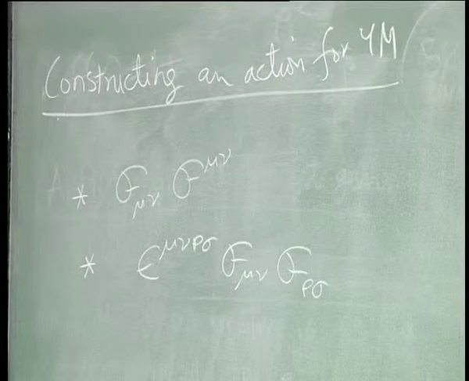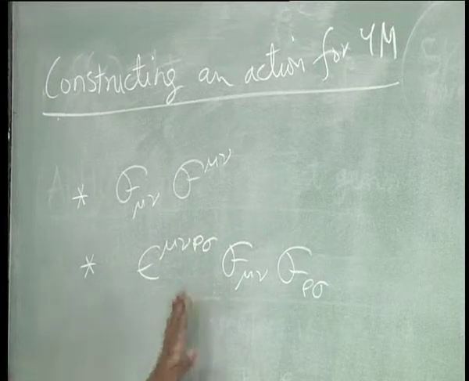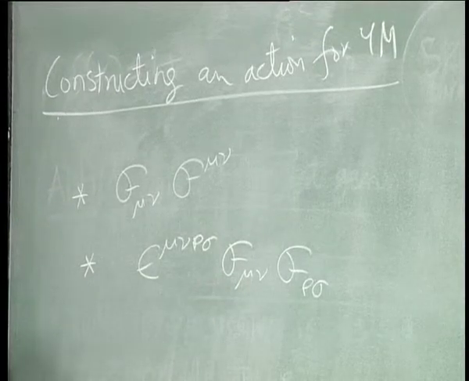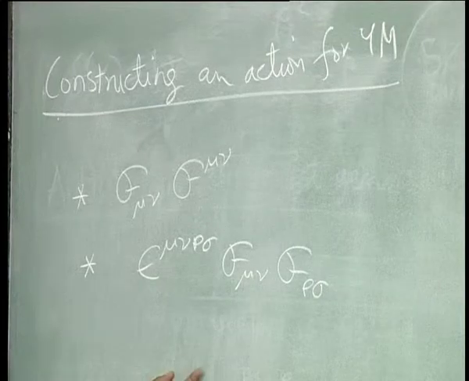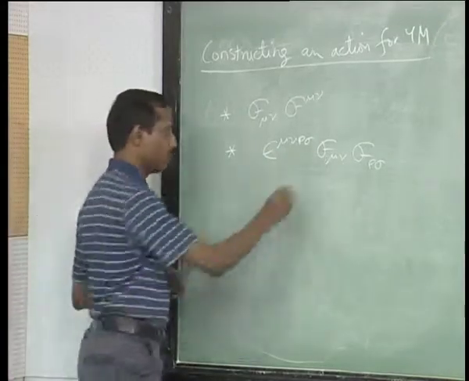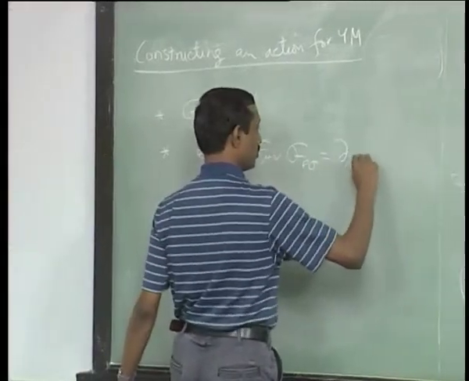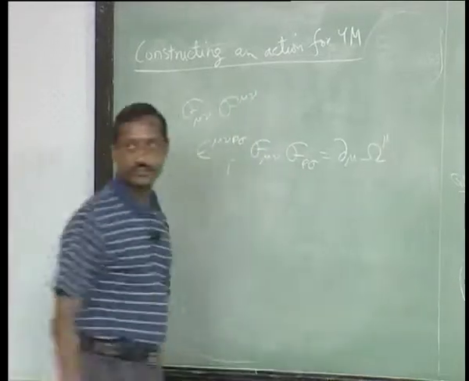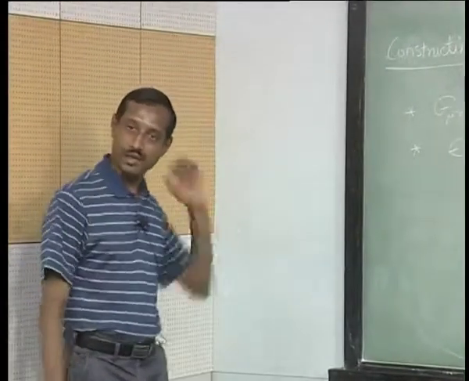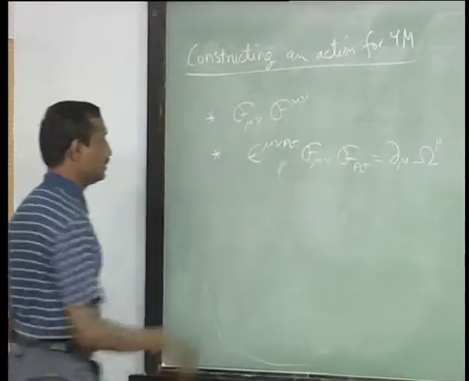and the argument will be that this is a total derivative, and so it usually you say that it does not change the equations of motion, it does not affect the equations of motion. So you can add such a piece, it will not change the equations of motion. So this is a total derivative, we know this is equal to some d mu of omega mu, it is a total derivative, but the point is we could try to write an action which has such